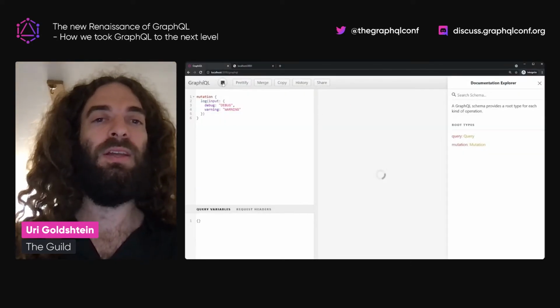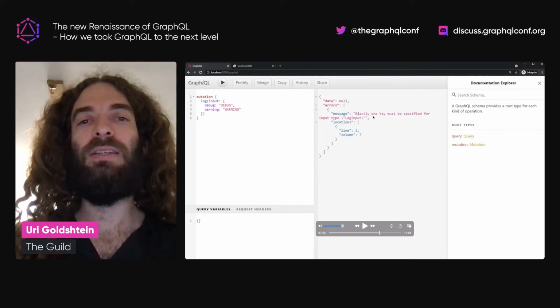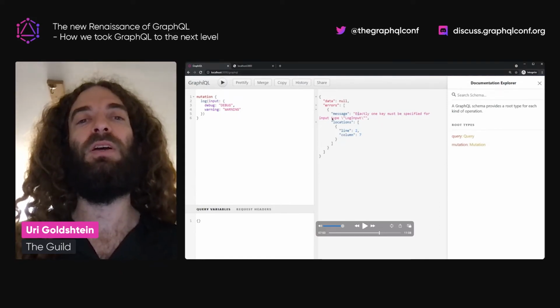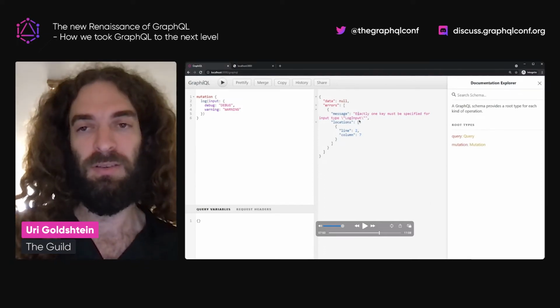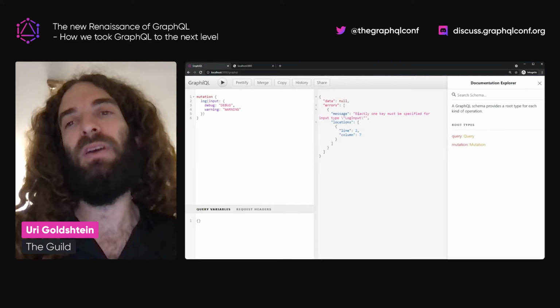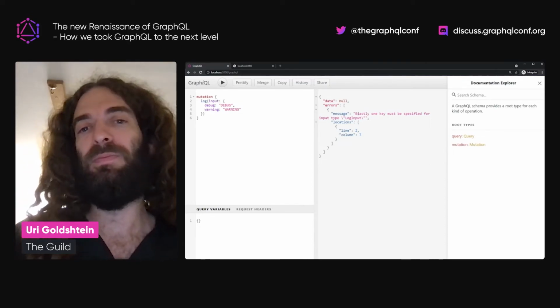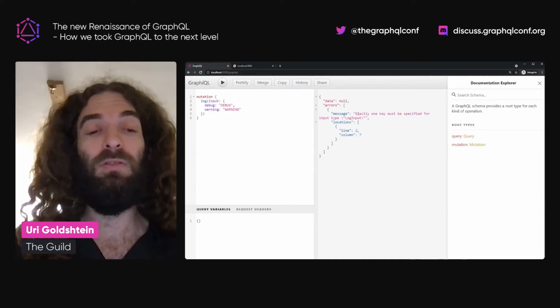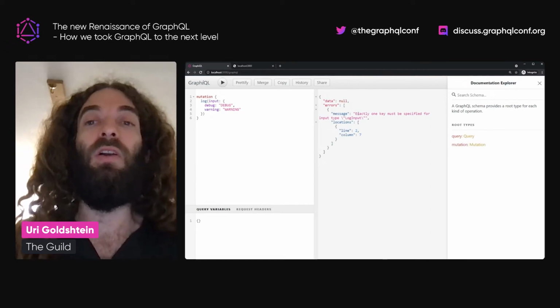And what you see here is now we get an error that exactly one key must be specified for the input type log info. And that happened on the validation phase. So it's like we are having a server that knows exactly what one-off is, and the spec is already there. So you get to use GraphQL features from the future right now. And we use it a lot.